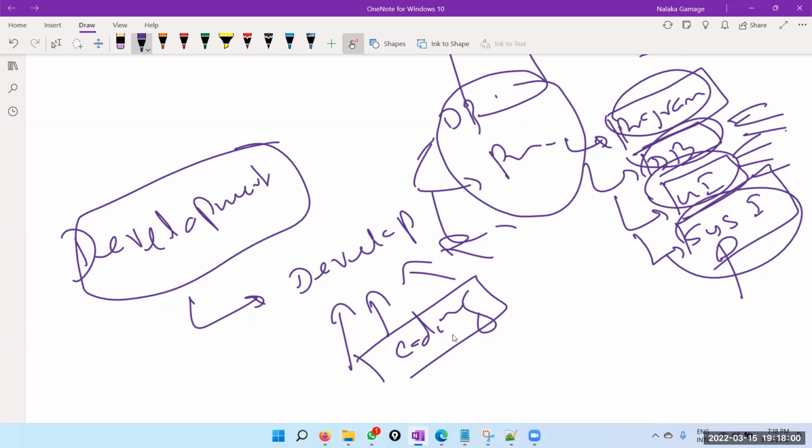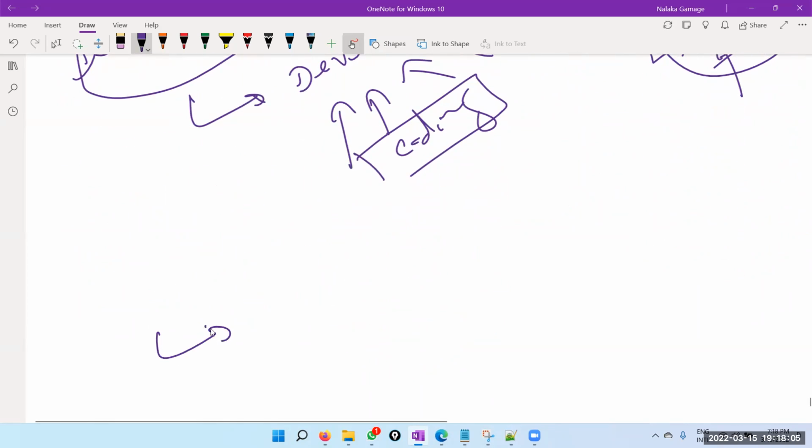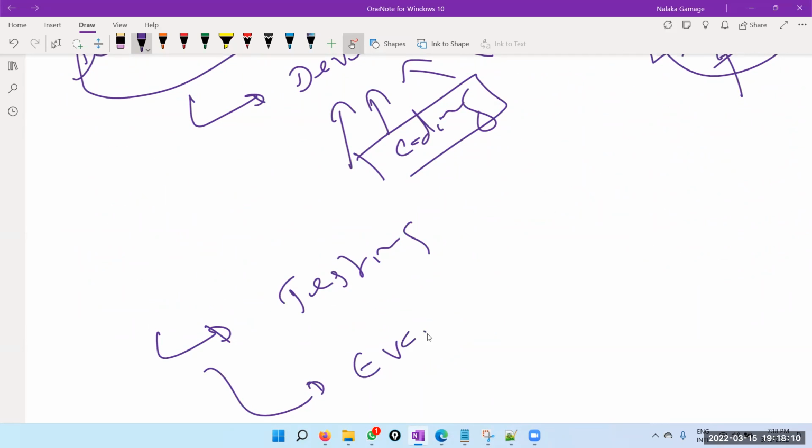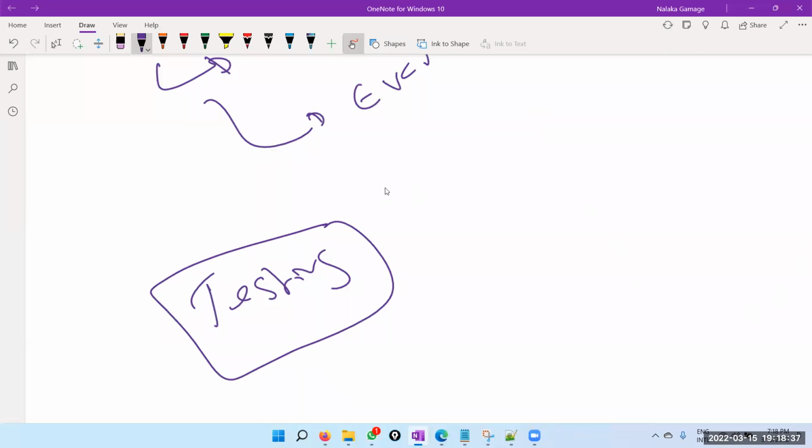Then we have today's topic, testing, and finally evolution. Now let's look at what testing is. Testing is checking whether the product that we are building, and the product that we have built, is doing the expected functionality. You can look at it in different ways. One way of looking at testing is